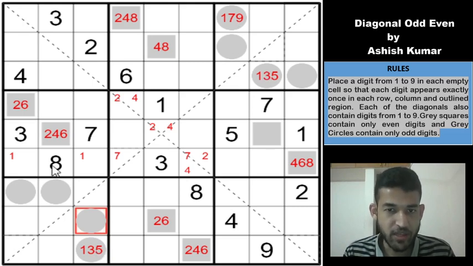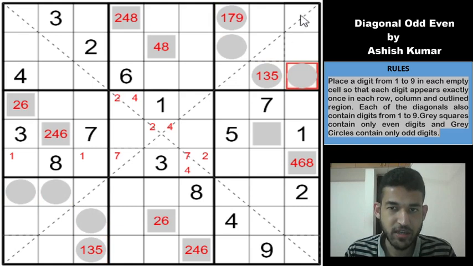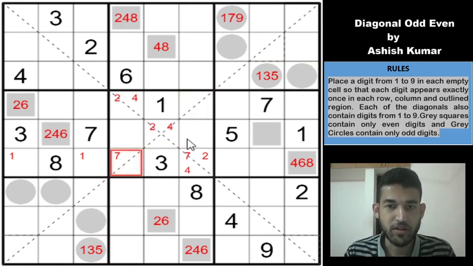So can we have 3 odd digits common between these boxes 3 and 7? So ABC and the other will be D, and similarly ABC somewhere and the other will be E. So totally we will get 5 odd digits, which is working for us. And again 4 odd digits common is also not possible. All these circles cannot contain the same odd digits, because then you will need to put 4 odd digits in these three cells, which is not possible, right?